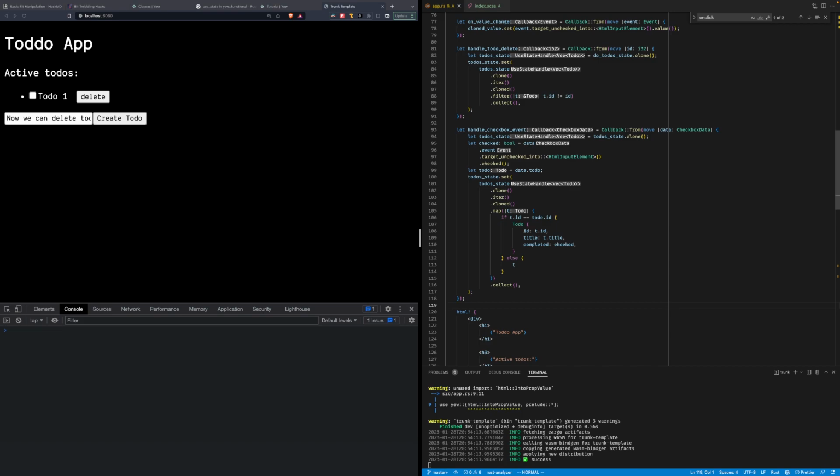This is fine. We can delete. How can I update a specific to-do?